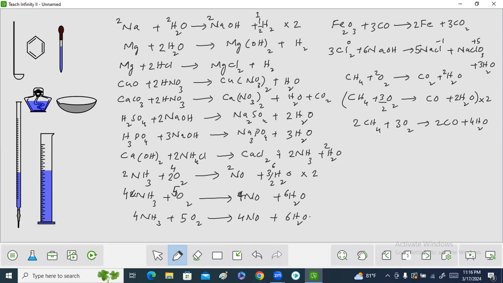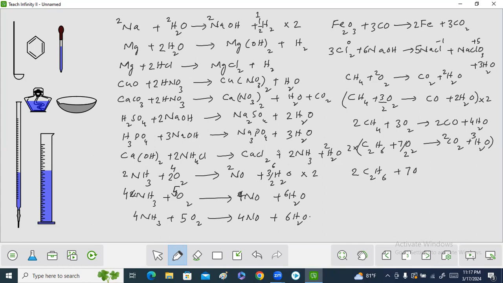Like the combustion of methane, the rest of the hydrocarbons like ethane, propane, butane can also burn in excess oxygen to make carbon dioxide and water, and they can be balanced in the same way. Now, for the combustion equation, start with the carbon. So this is 2 carbon. So you can put 2 here and then 6 hydrogen. You can put 3 here. Now 4 plus 3, 7 oxygen. So you can put here 7 by 2. And if you multiply this equation to make it whole numbers, this is the final balanced equation,